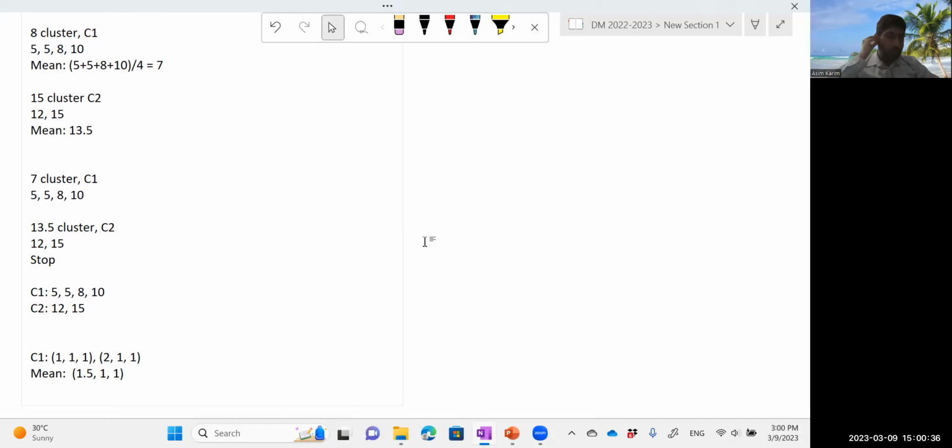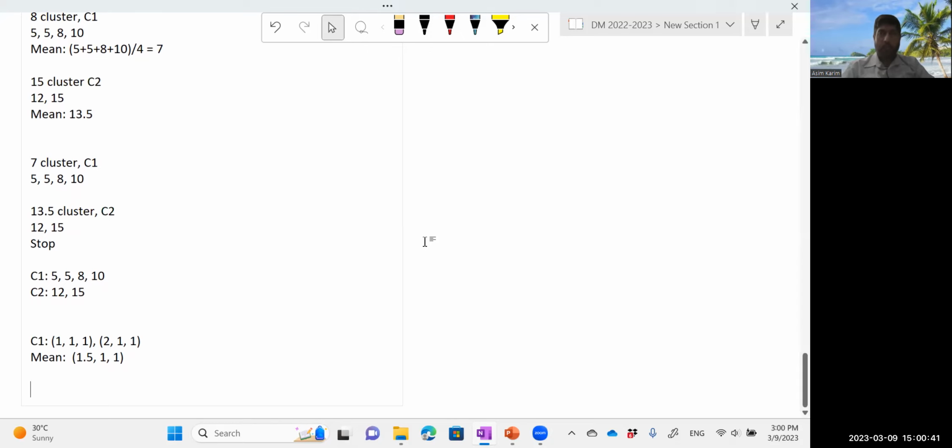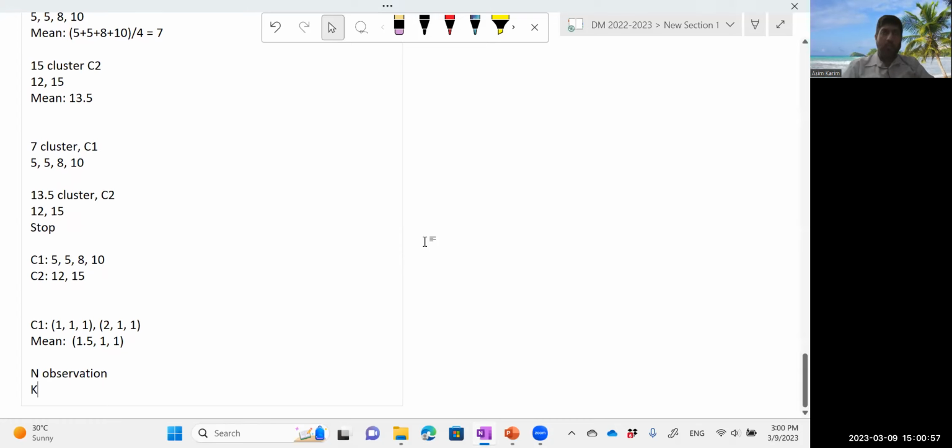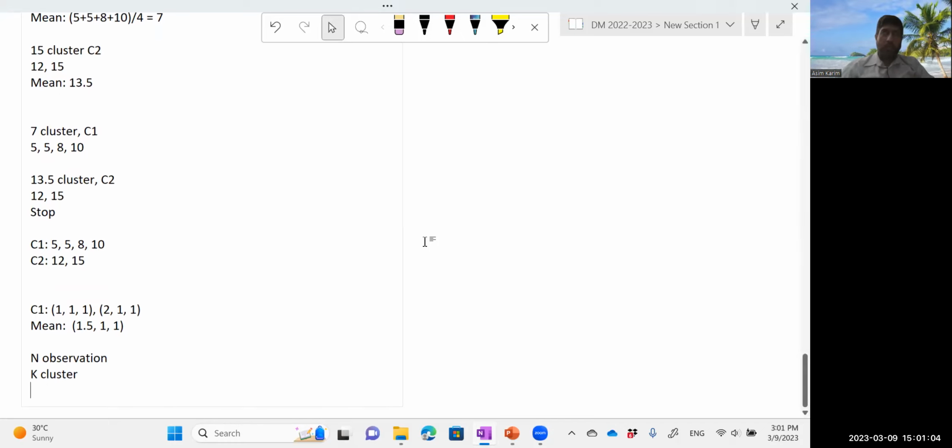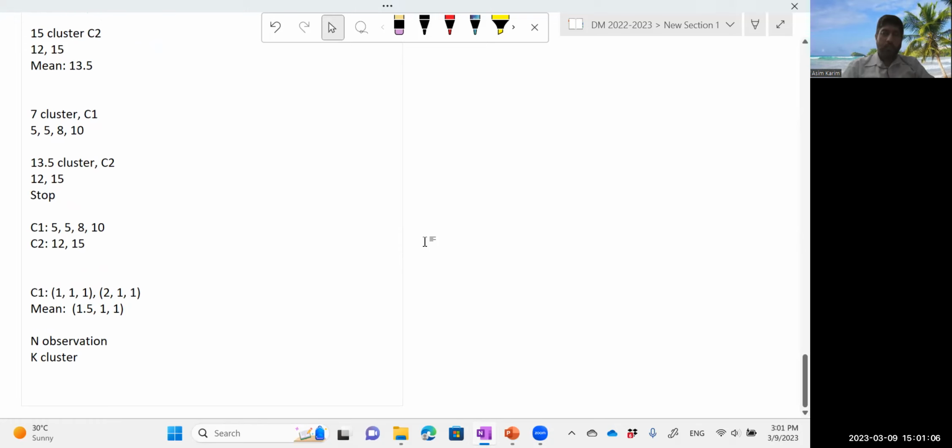ठीक है, so let me now in rough pseudocode write the algorithm. So what is the algorithm? So you have a data set of n observations, ठीक है, and k clusters, this is an input or this is required. ठीक है, so after this basically you have this process,